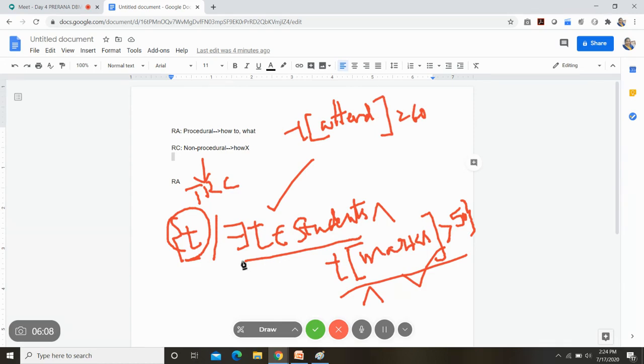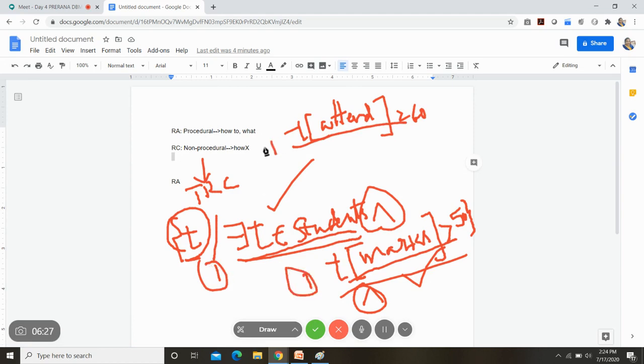So in that case, you are saying there exists T that belongs to students, and T of marks greater than 50 and T of attendance greater than or equal to 60. Among these three, which one is to be executed first, this one or this one or this one?